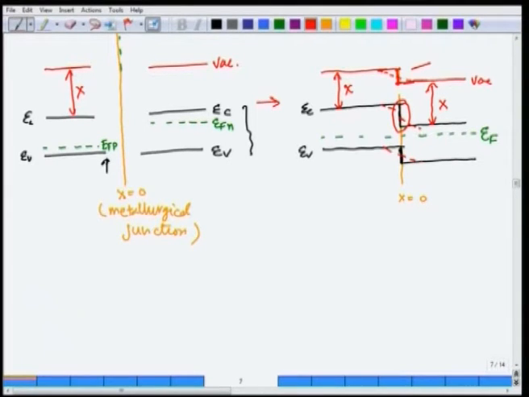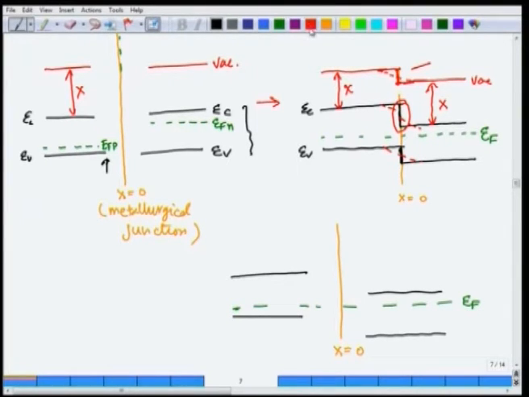Now we will be able to draw a band diagram a lot more easily with this understanding, so I will redraw this diagram. Here is a metallurgical junction, x equal to 0. This time I am again going to draw the Fermi level. Here is the Fermi level, EF, and now I am going to draw this p type semiconductor, but I will not go all the way to the junction, I will stay away from it for a little bit. I will draw this n type semiconductor,